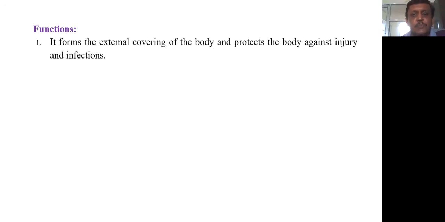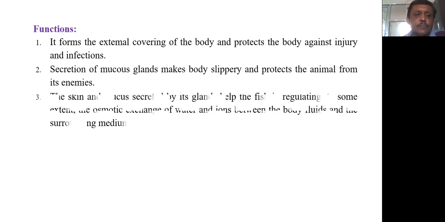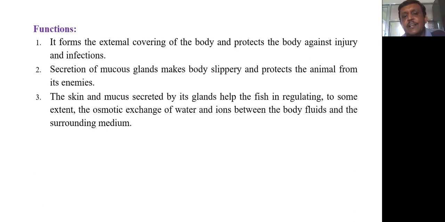Now let us see the function of skin of Scoliodon. So what functions does the skin perform for Scoliodon's body? It forms the external covering of the body and protects the body against infections and injuries. Secretion of the mucus from mucus glands makes the body slippery and protects the animal from its enemies. The skin and mucus secreted by its glands help the fish in regulating to some extent the osmotic exchange